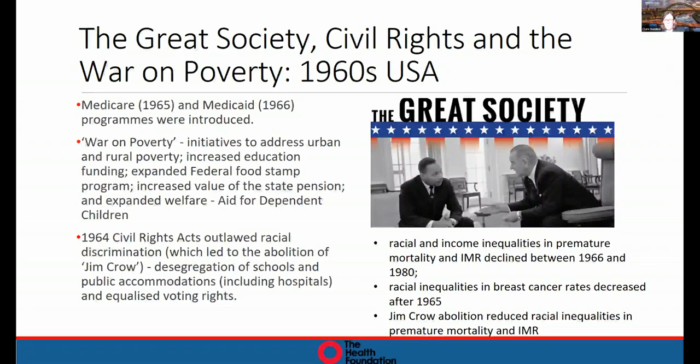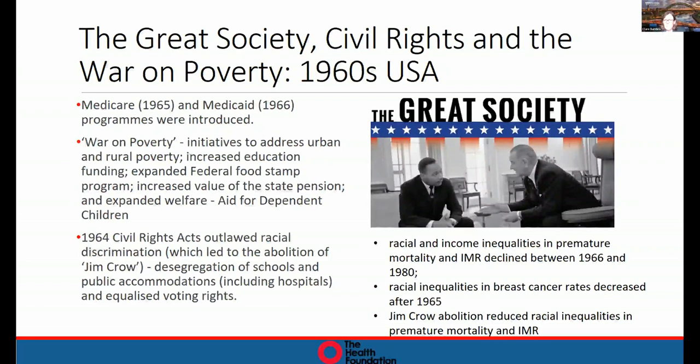And so the first historical example I want to talk about is the Great Society, the civil rights and the war on poverty, which is a big reform agenda that was initiated by Lyndon Johnson as president in the 1960s in America. This is the period in which Medicare and Medicaid, the state-funded side of the health system in the US, were introduced. Big improvement in terms of the social security and welfare state side of things through the war on poverty, introduction of their main welfare benefit, which at the time was called Aid for Dependent Children, and obviously the abolition of segregation in the southern states of the US and the equalization of voting rights.